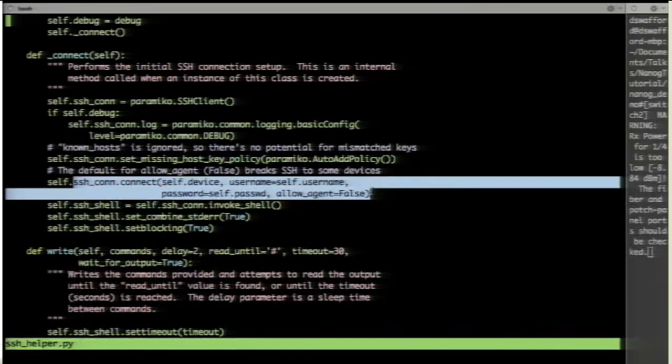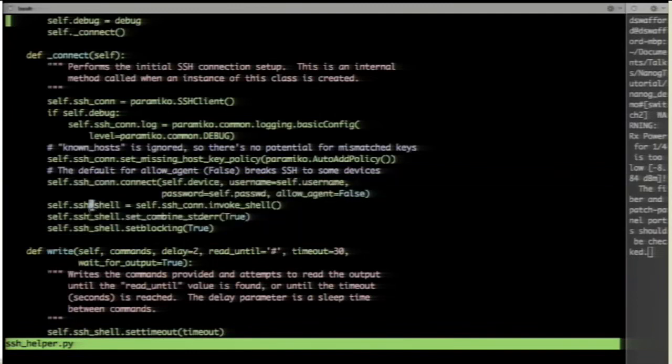And then allow_agent disables public key authentication, so you use username and password. We found that actually broke some of our devices, because they would support it, but it wasn't turned on in some cases. It's been a while since I looked at this, so I'm not going to talk to these other three lines right now. But if you look at .write,